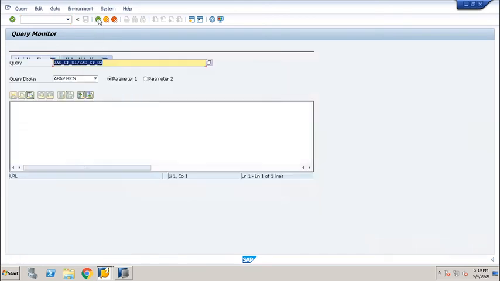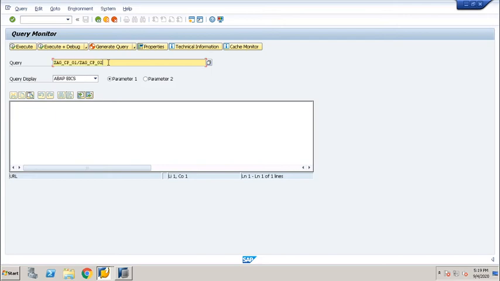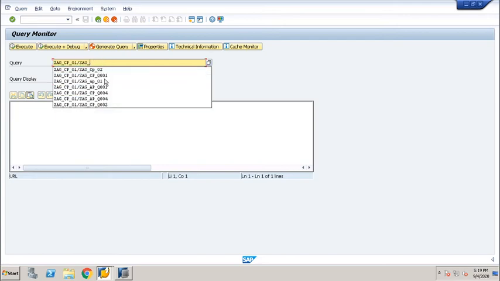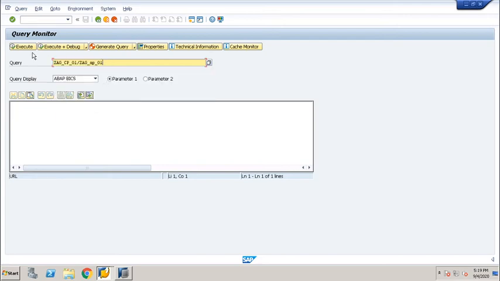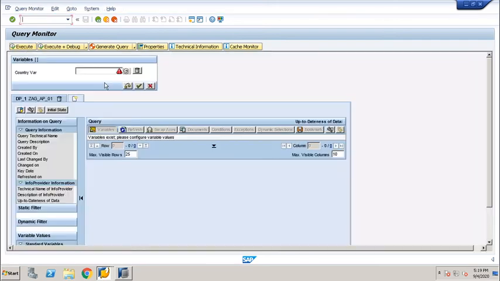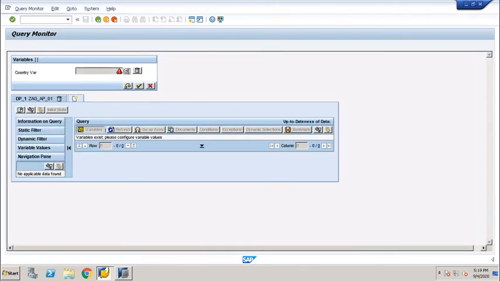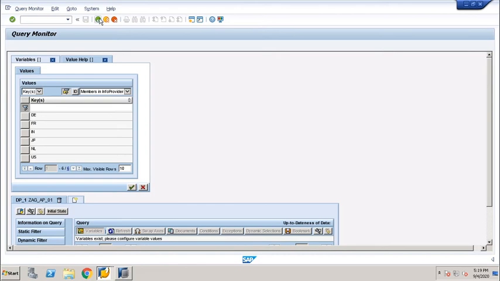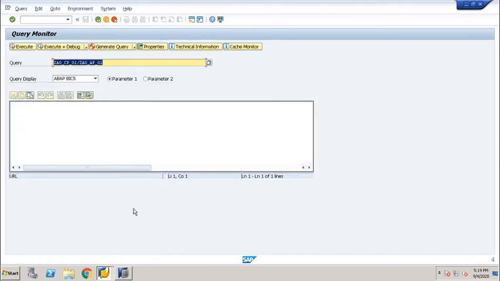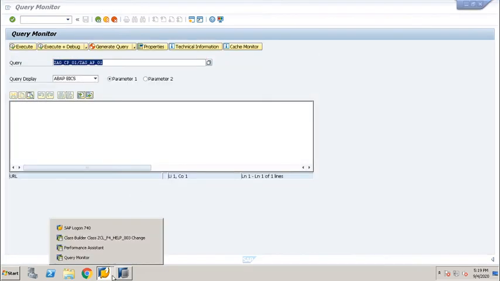Yes, very nice. Now the last one, the code should not be applied for the last query. Let's see. Oh yeah, so yes. You have seen how easy it is to create a BAdI implementation.